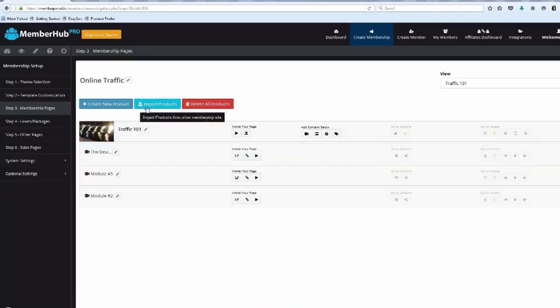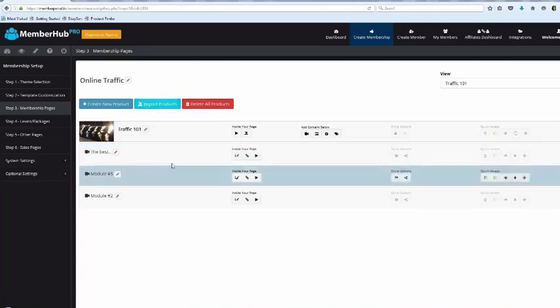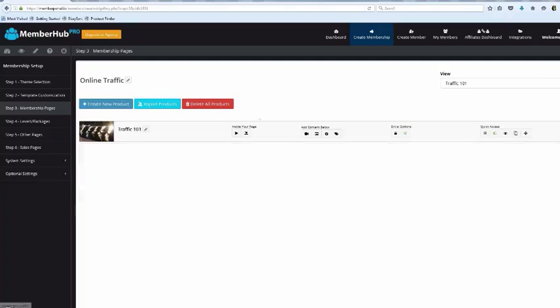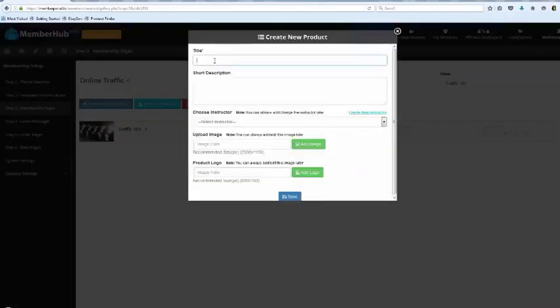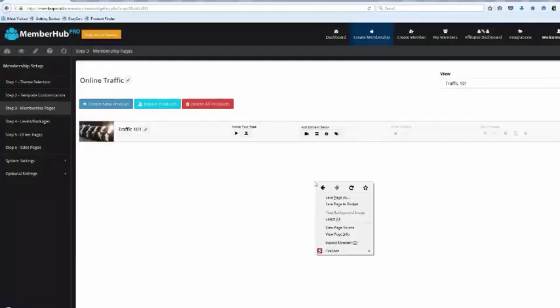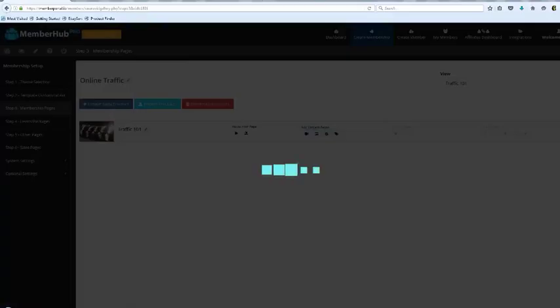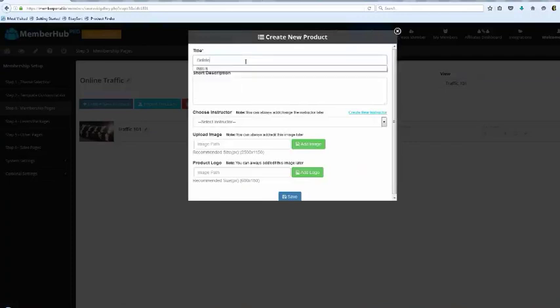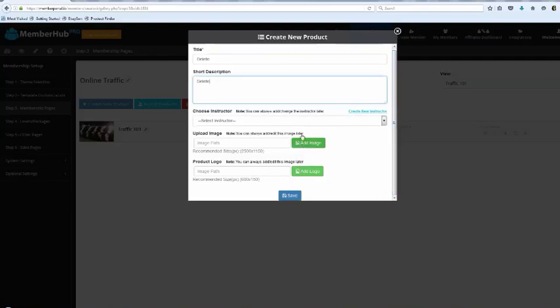Here are the pro features. Okay. Pay attention. This is how this works. So the first thing is, let's go ahead and create a new product real quick. Let's just say that we're going to call this product Delete. Okay. Because I don't want to screw up his account. And we'll do the same thing here. Delete. Okay. So I'm going to go ahead and click Save. I know I'm getting tired. So let's see. Do we have a new product here? Where'd my product go? Hold on a minute. I did something wrong. Create new product. Where'd it go? Did I not do that right? Hold on. Create new product. It didn't like something I typed in. Delete. That's okay. This is worth it, guys. Delete. Wait till you see these bonuses. Yeah. Okay.